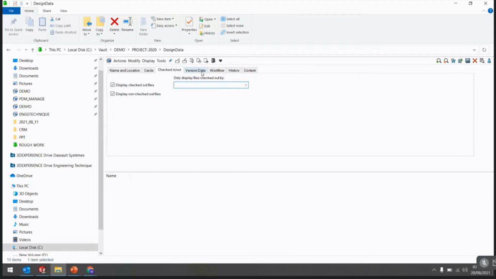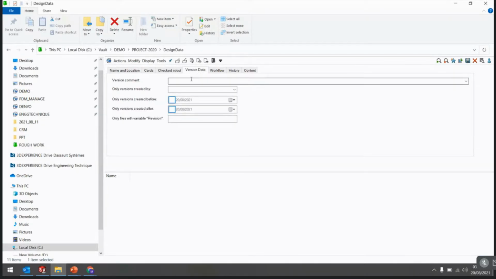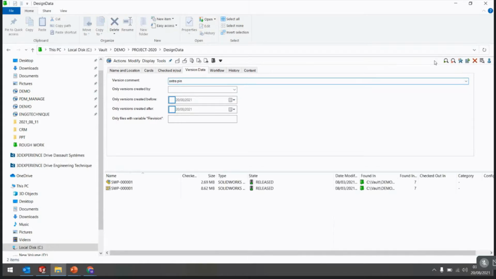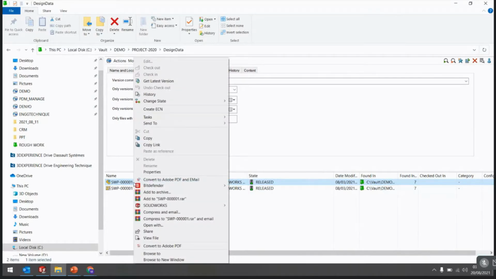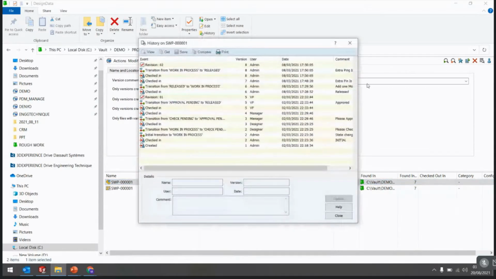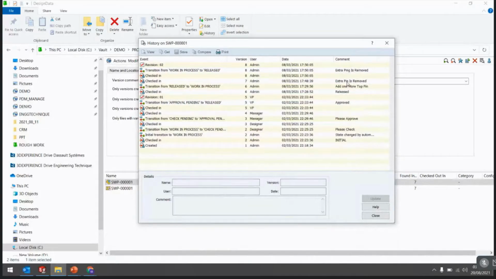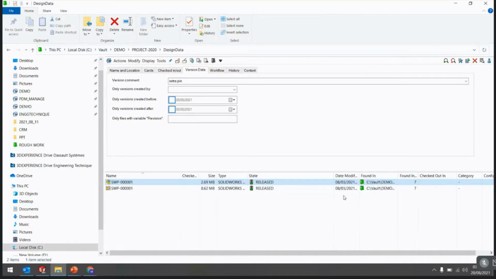Like version data: if you enter any version comment, you can also search with that version comment. For example, if I enter the extra pin and go to search, you can see this file is found. In the history we can see I have entered the extra pin removal. So this is how you can search your file with multiple variables.